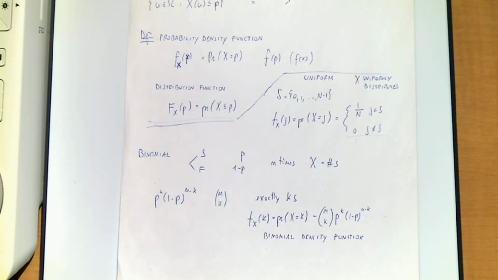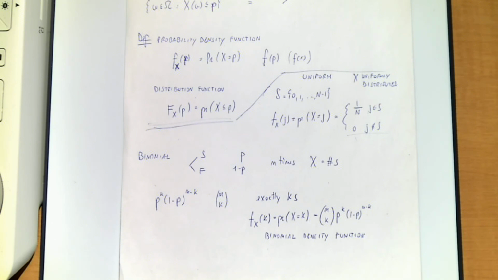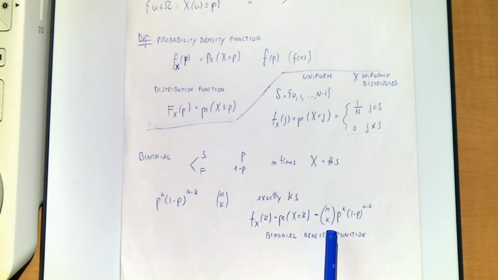So the binomial distribution, you see, is another important distribution that occurs proportionally to the number of successes and depends on the value of p. For example, if p is 1/2, then p and 1 minus p are the same thing, if you're tossing a coin. But in other events, the success could be happening with only 1/3 of the chances. For cards, the probability might be 1/13, and then this becomes more interesting. In general, this parameter p is important, and depending on the number of trials, I have p to the k and 1 minus p to the n minus k. And of course, I have to consider how many ways I have to choose my k successes among the n. This counts the probability of having exactly k successes among n experiments. So it's binomial.